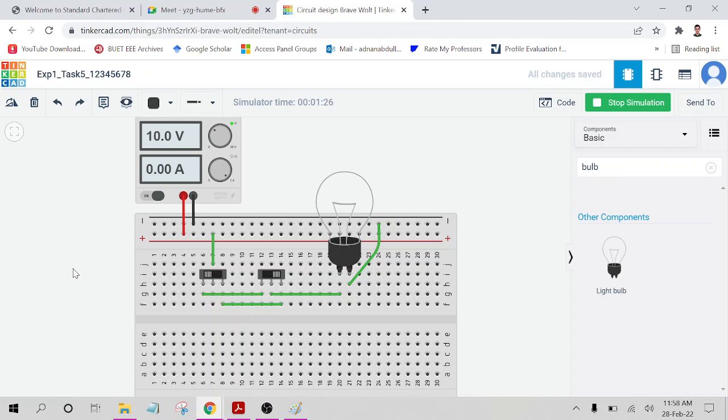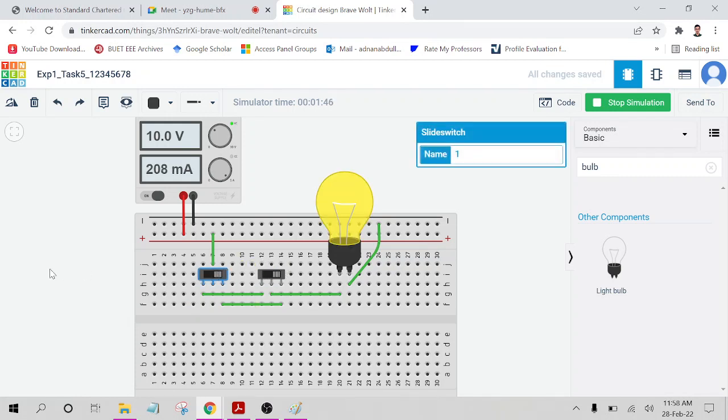Now, can you guess any practical implementation of this switch in our daily life? Bedside switch. Exactly, very good, thank you. We use this type of switches for bed switch. For example, say this one is the main switch of your room and this one is the bed switch. Say the bulb is on and you go to your bed to sleep, so you can turn the bulb off